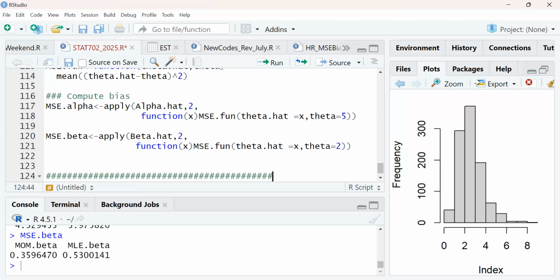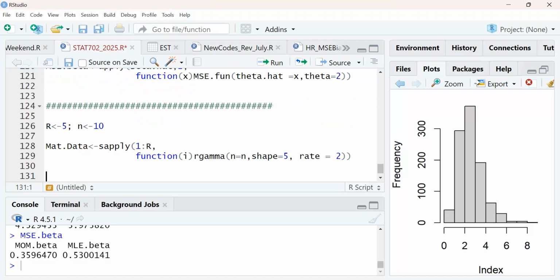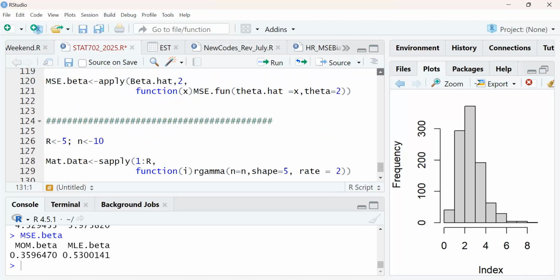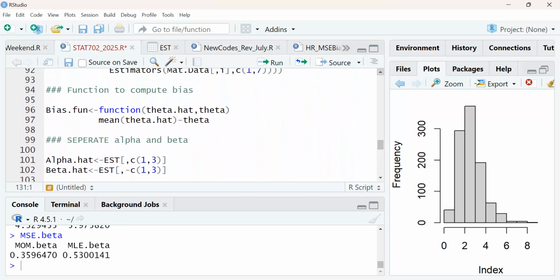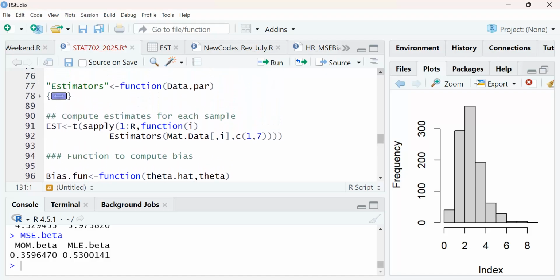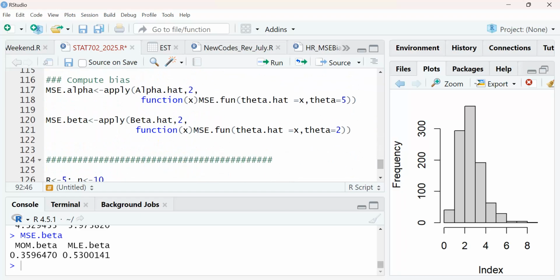Okay. So if you want to put all of them together, what you have to do is this. So you get your data. When you get your data, what next? You don't need a bias function again. You compute estimate, so you need this. You don't need a function. The function needs to be run just once. So if you have run all that, you don't need it again.